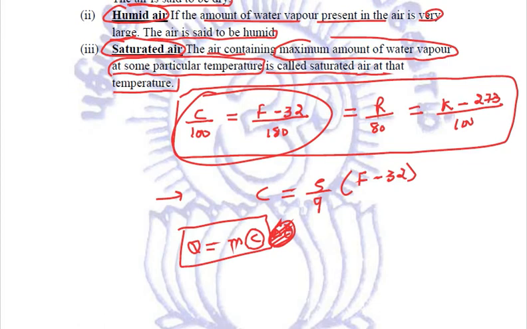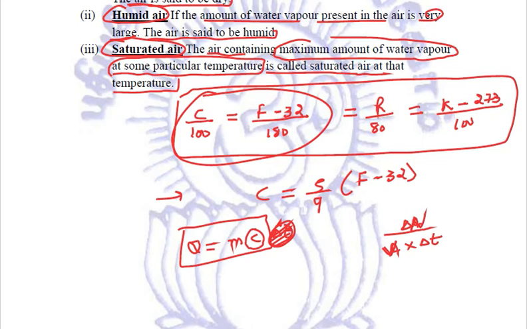Another important thing, we calculated all three coefficients as the change divided by the original into the change in temperature. For linear expansion, it was change in length divided by original length into change in temperature. If it was superficial, then it was change in area divided by original area multiplied by change in temperature. If it was volume, then change in volume divided by original volume multiplied by change in temperature. This was the expansion in case of solids.